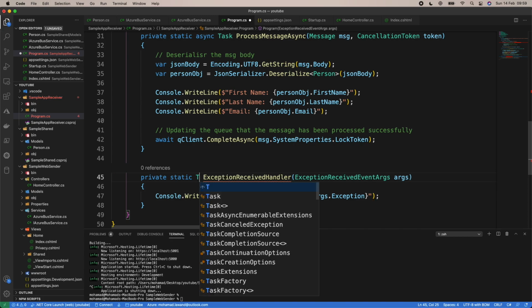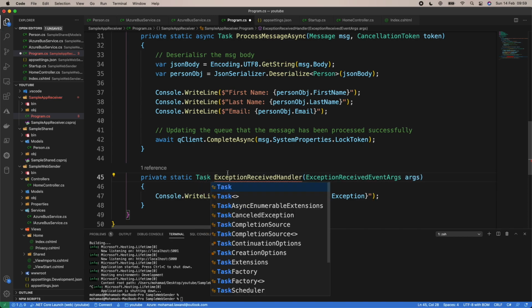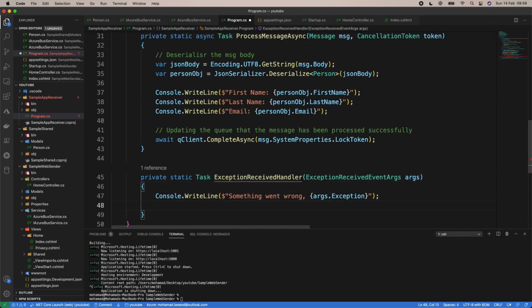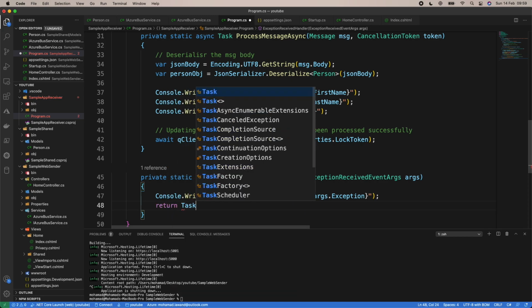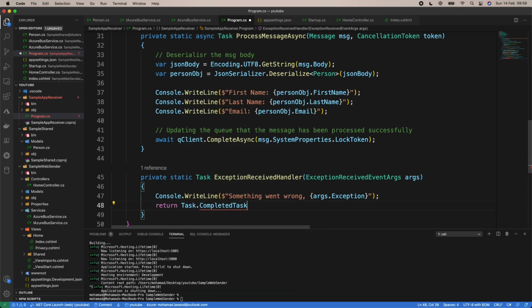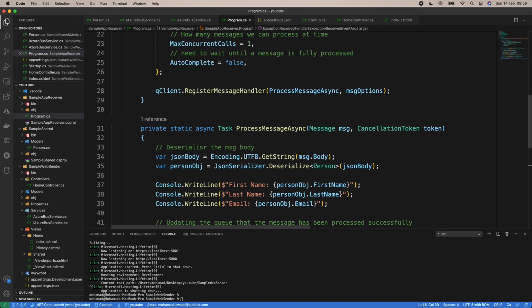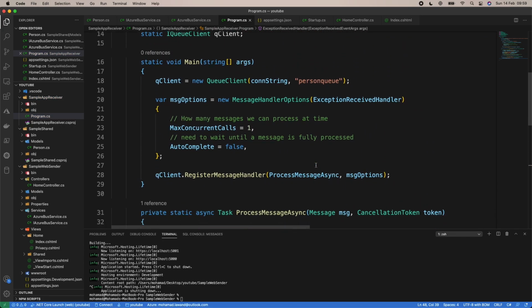And since this is expecting a task, sorry, we didn't put it here. Since this is expecting a task, what we can do is we can just return Task.CompletedTask. Perfect. Great. So the last thing we're gonna need to add here before we close the queue client before receiving is,